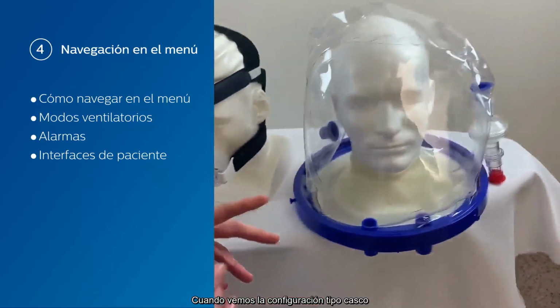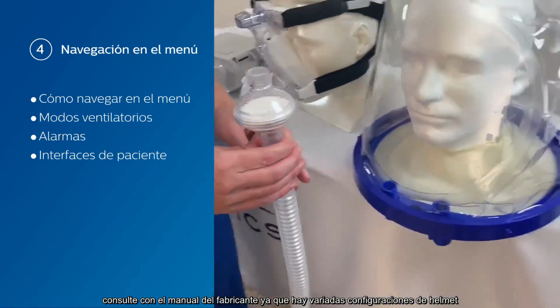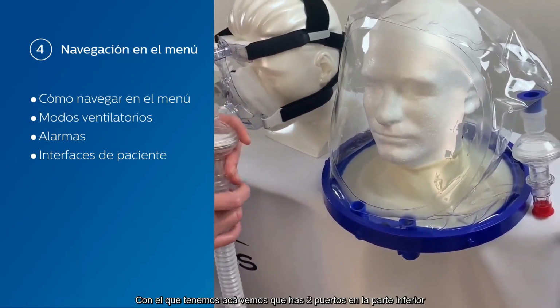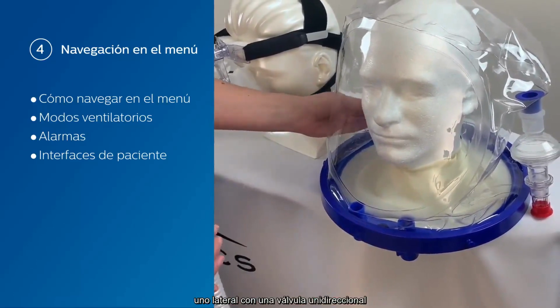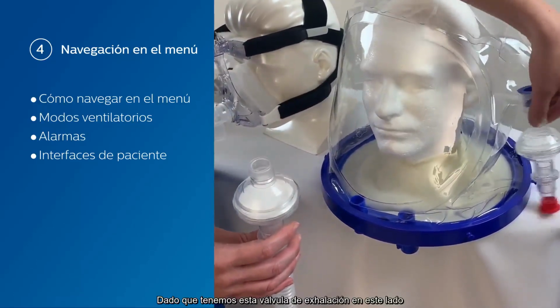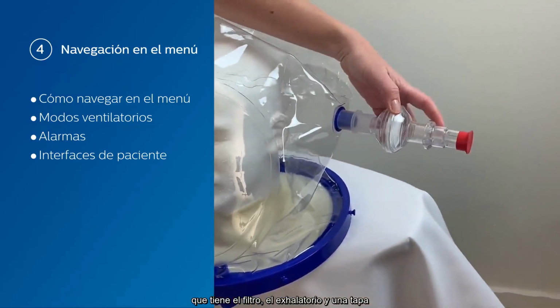When you're looking at the helmet setup, you want to refer to the manufacturer's guidelines, as there are numerous different setups with the helmet itself. With this one, you're going to see that there are 2 ports at the bottom. There's one on the side here that's a one-way valve, and we've got our exhalation set up on the side. So since we've got our exhalation on the side here, you're going to see the filter, the exhalation, and a